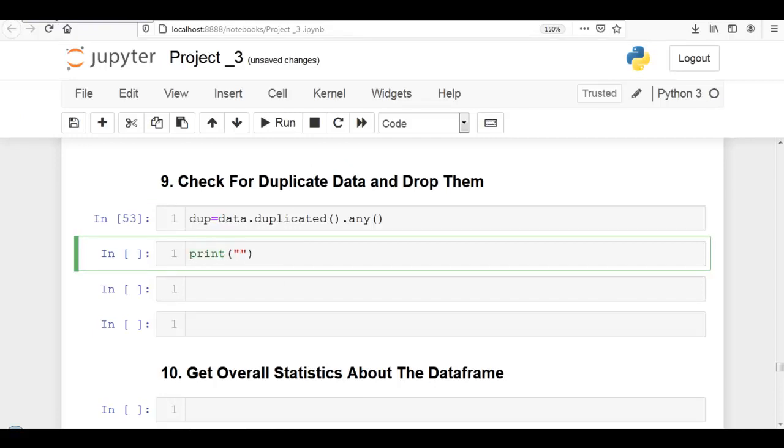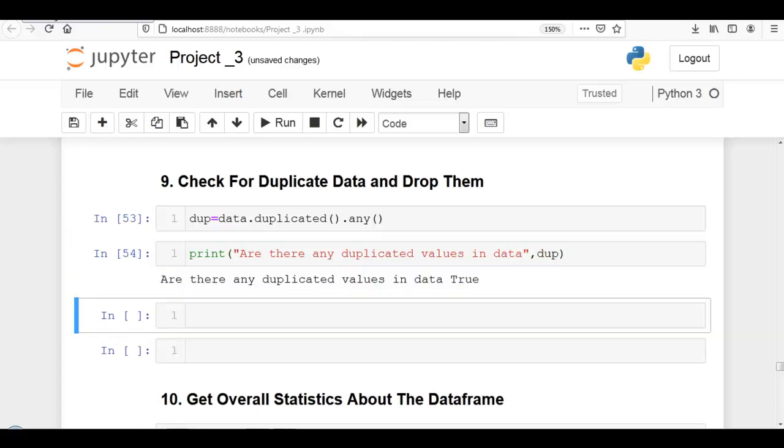So print, are there any duplicated values in data, and this dup variable.